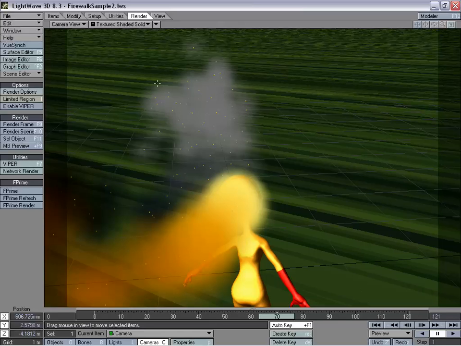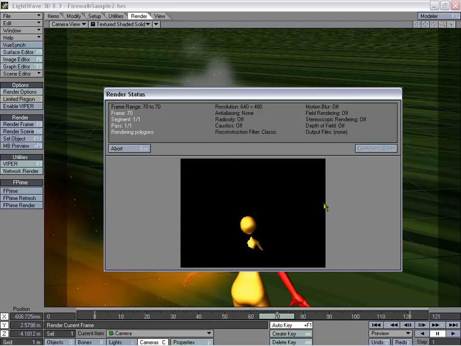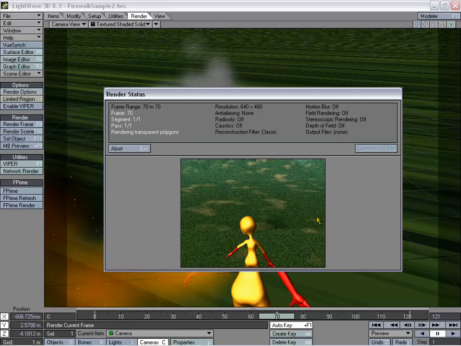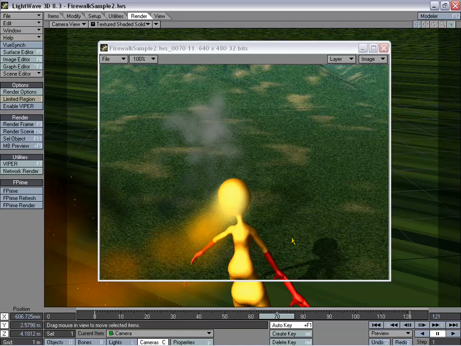Alright, we have that all loaded in right now. We're going to go ahead and render the frame, and see how it matches up in Lightwave as she's walking across this terrain. And we can already see the shadows down here. We're going to click continue and take a look, and now we can see her shadow is going across here. And if we had this as an animation sequence, of course we just have it at frame 70 for both of them. But if you go ahead and render the animation sequence, then you can have her walking through